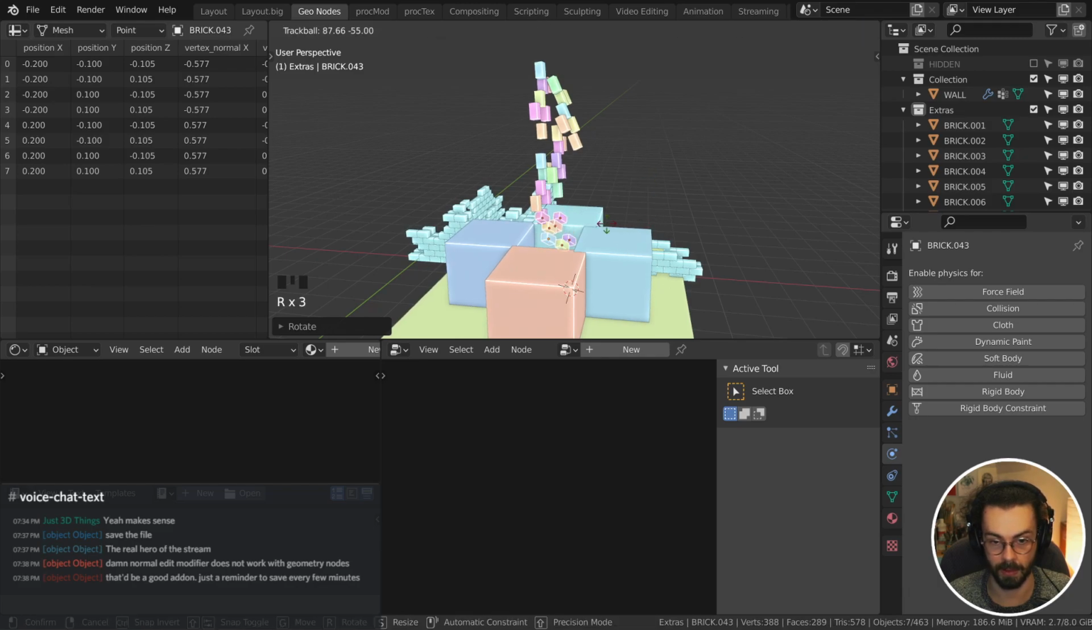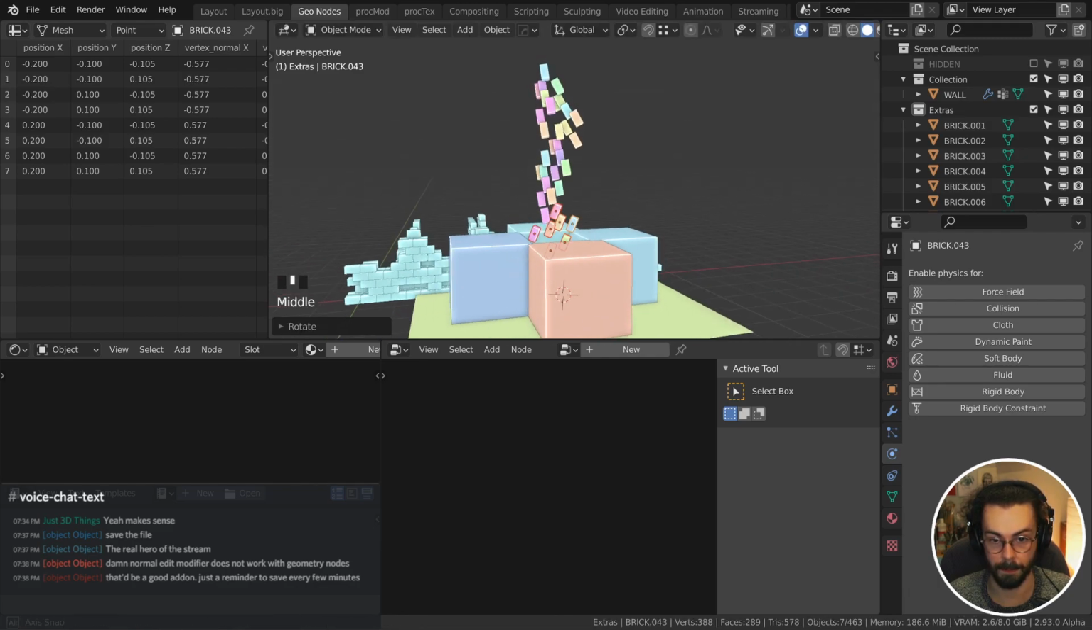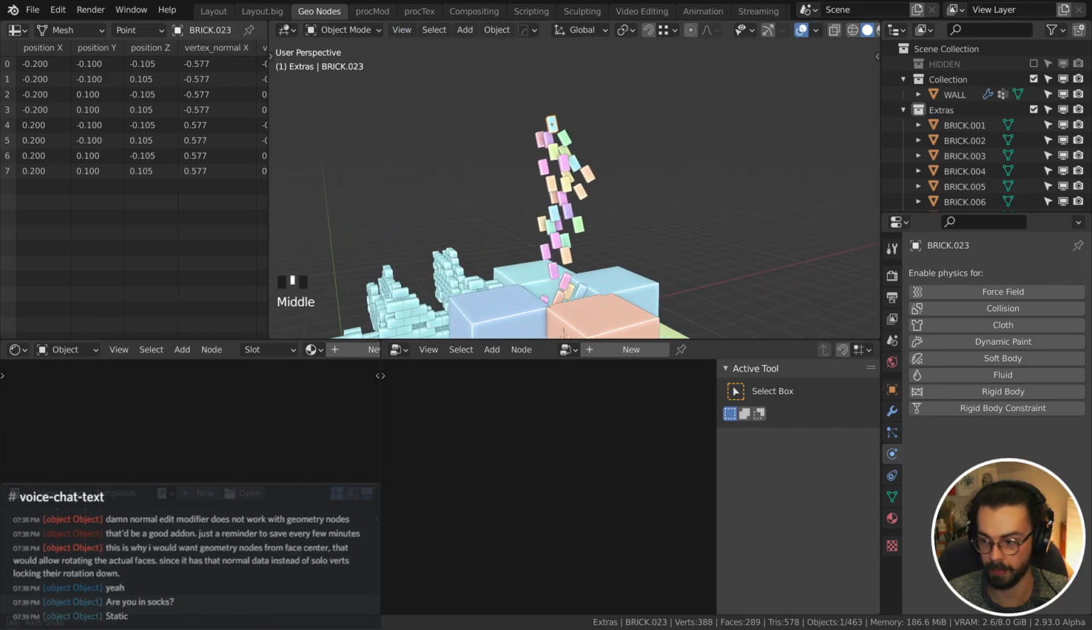And I'm pressing R twice quite a lot just to get the trackball rotation. Right, so if I just grab one of my bricks,